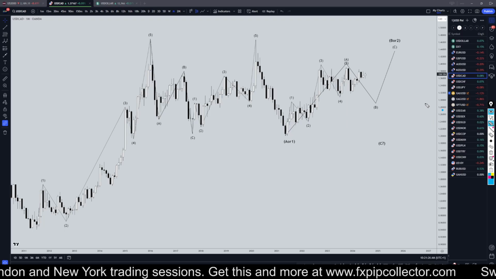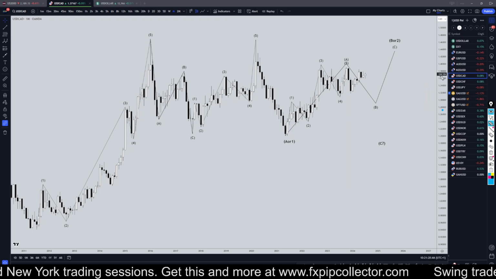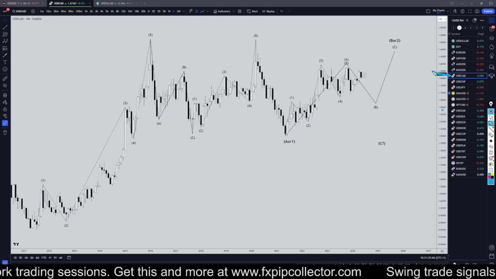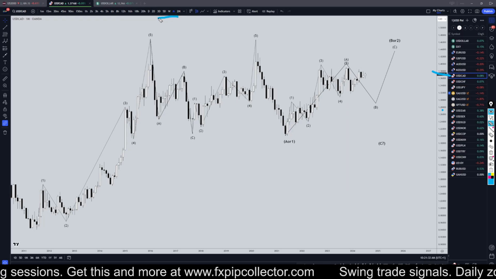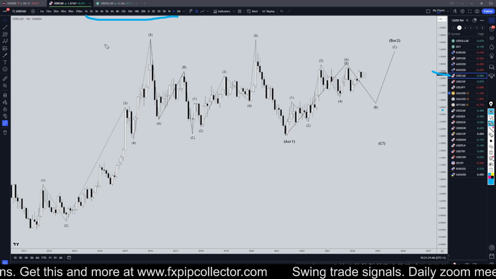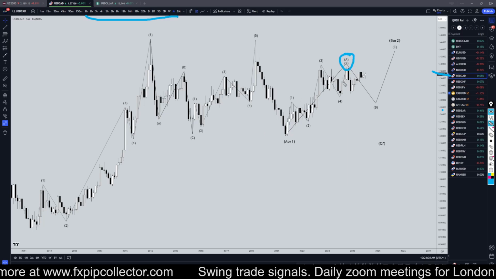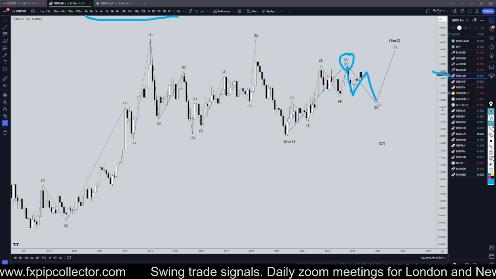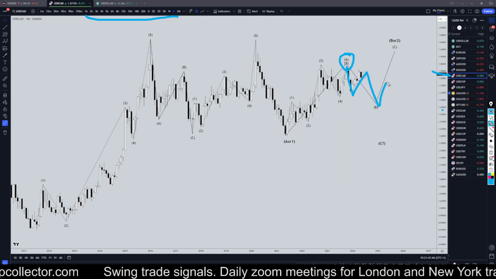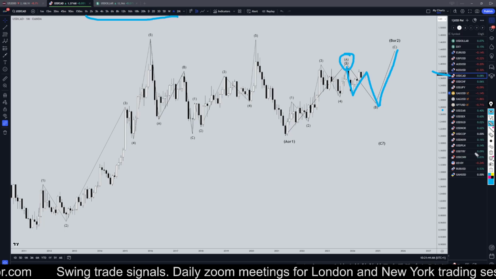Today is Friday, July 19th, and I'm going to be analyzing the US dollar Canadian, starting on the monthly, working my way down to the 1 hour time frame for the full top-down analysis. So, on the dollar CAD, I still think this is a wave A. I still think we need to make three waves down for an A, B, C, or B, and eventually I think it needs to go back up for a wave C.